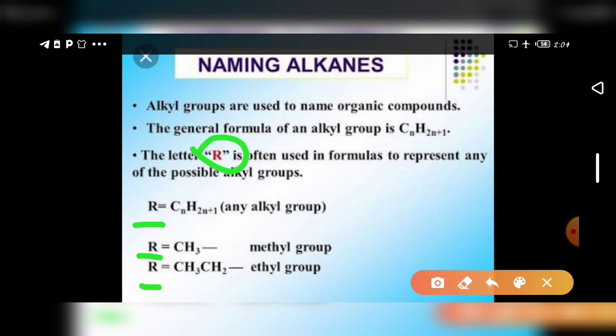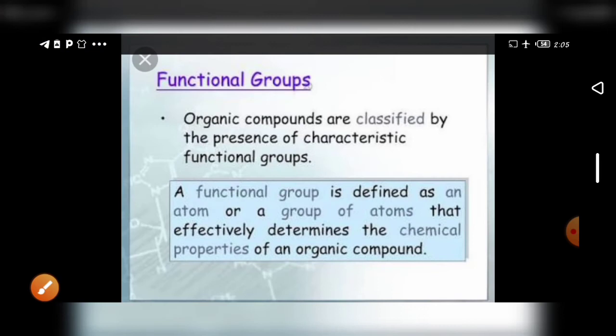In a compound, I have to mention how the R will be different. When we are using more than one R, we use R dash, like R1, R2, like that. Okay, we will see later in the classification of individual organic compounds, that is, alcohols, aldehydes, etc., where we use it. Okay, next, functional group.